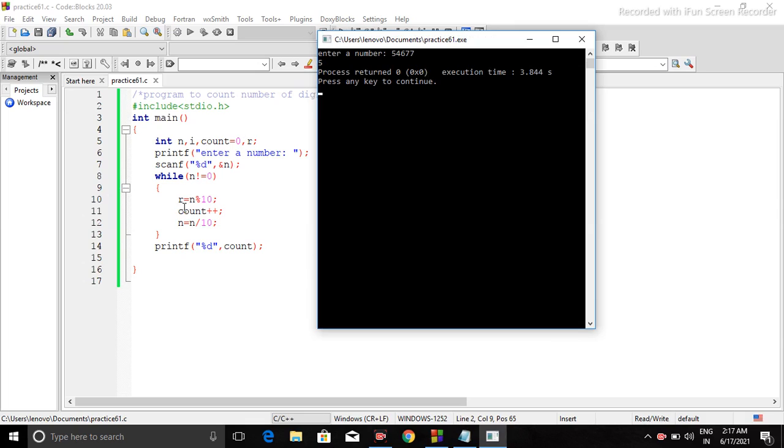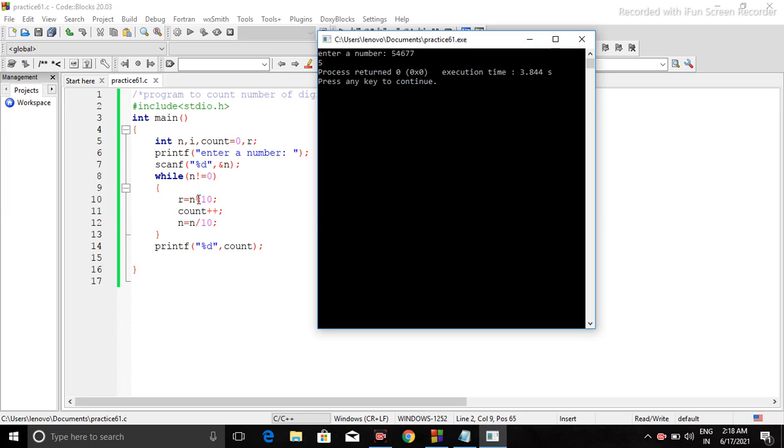First we find the remainder, and by getting the remainder we get the assurance that our number definitely has one digit, so we increase the value of count one time, and until n becomes equal to 0 we keep increasing the value of count, because only when n becomes equal to 0 will this condition give 0 as the output, since only by applying 0 modulo 10 do we get 0 as output.